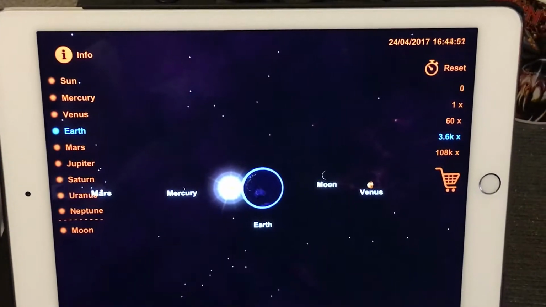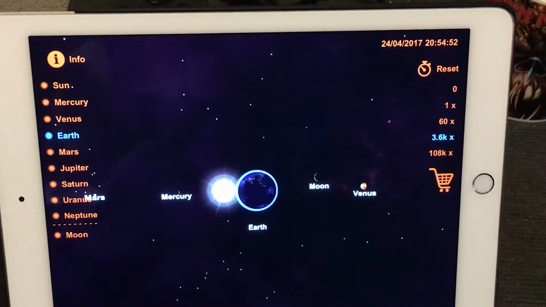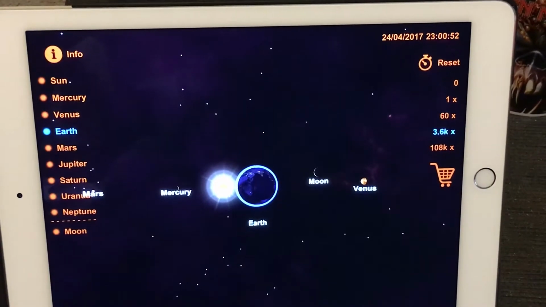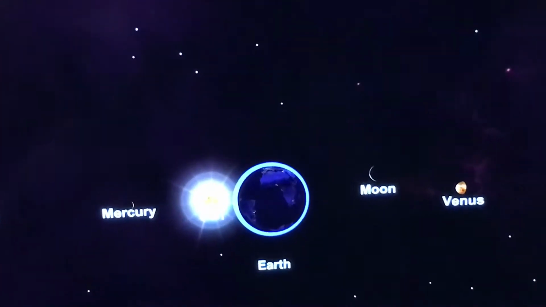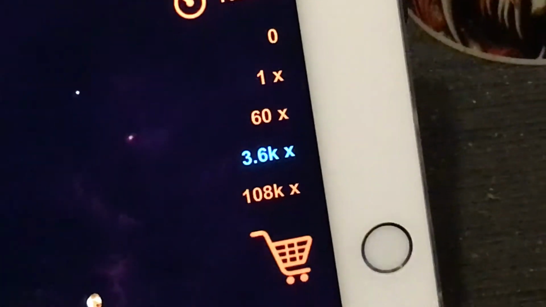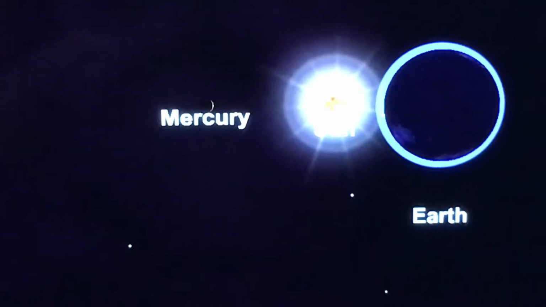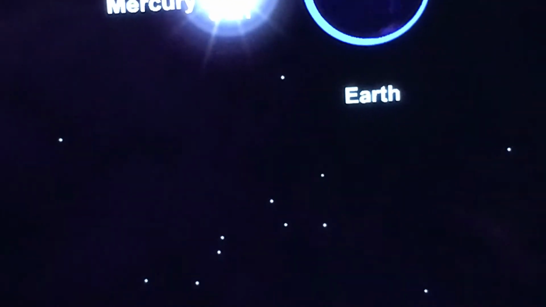Okay, we're... You can see it shows you the time of day and so on. It'll track that as it goes. But I'm gonna back up a bit, zoom in a bit. I'm gonna speed it up. There's a little control here. I can go faster or slower. So I'm gonna make it go faster a bit, and I'll try and stop it when the moon is in the right position or close enough.